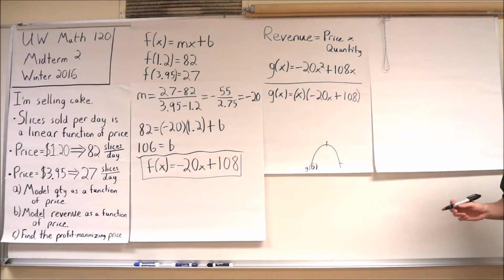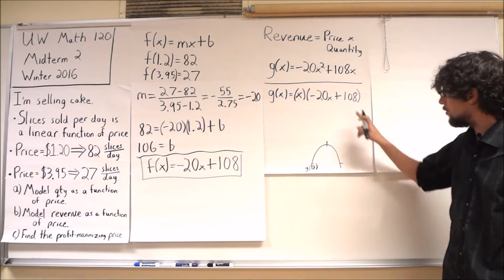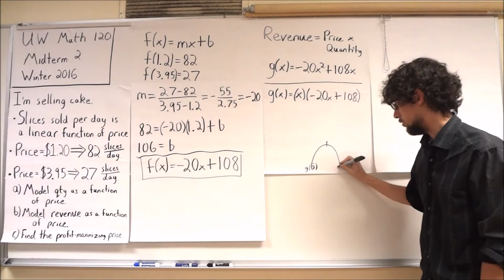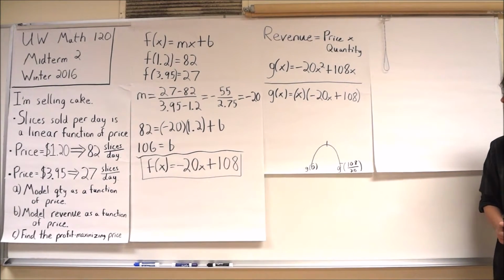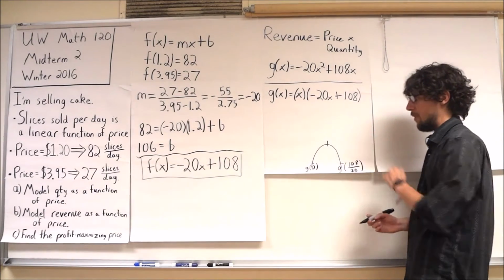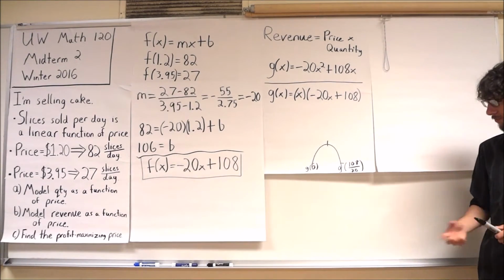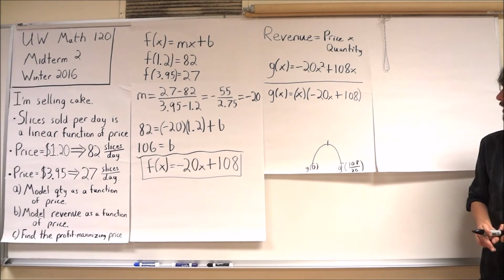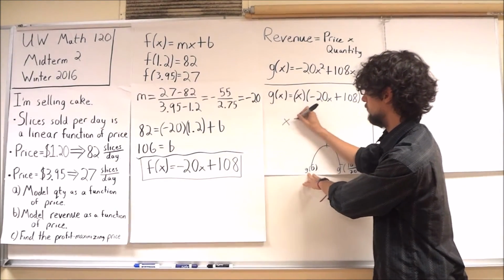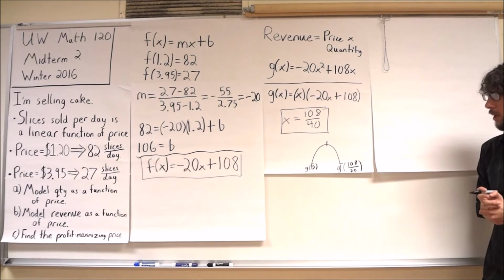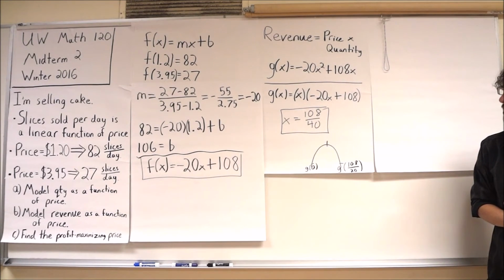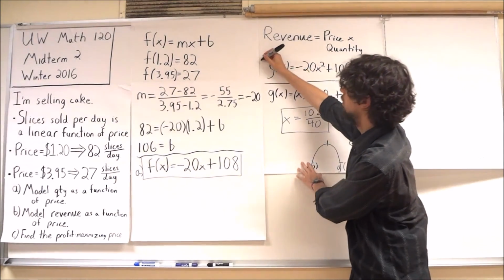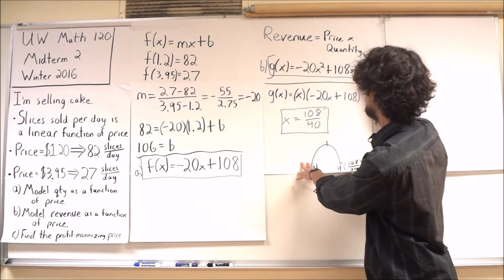So in particular, I can see here that g of 0 will be 0, and also if I choose x to equal 108 over 20. So in particular, my solution to part C, my vertex of my parabola, my revenue maximizing price, is exactly in between 0 and 108 over 20. In particular, that will be at x equals 108 over 40. So I now have my solutions to my 3 parts. I have a solution to A, B, and